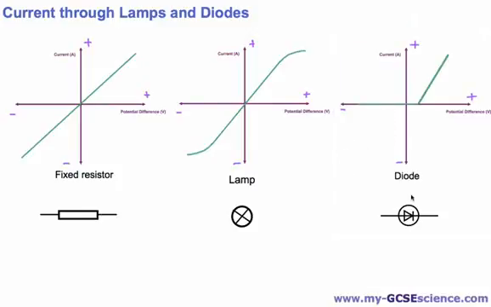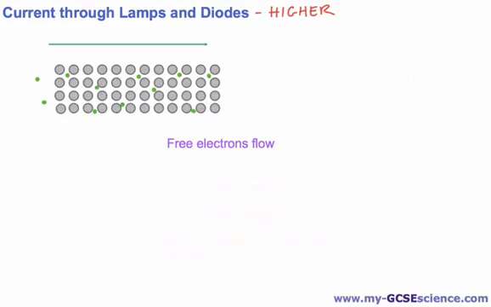So you should be able to recognize these three graphs and match them up with either your fixed resistor, your lamp or your diode, giving a little bit of explanation for each one as we've done over the previous couple of videos. Now the last thing I want to go through is on the higher tier, and it's to do with current through lamps and diodes, but actually more to do with the effect of temperature on current, and you should be able to explain why raising the temperature has an effect on the current. So here we have the atoms arranged in a metal conductor, maybe in a wire, and